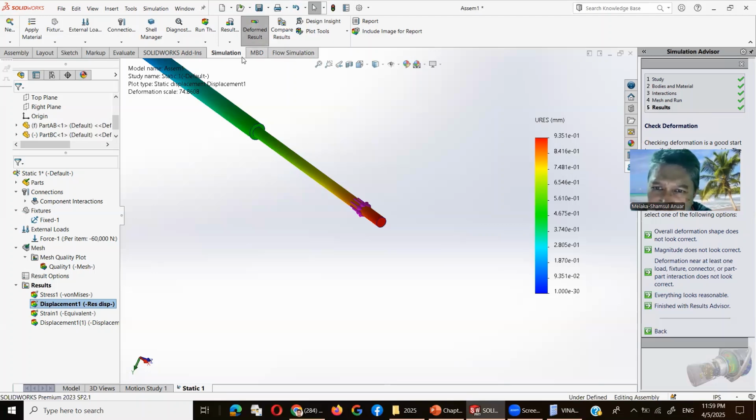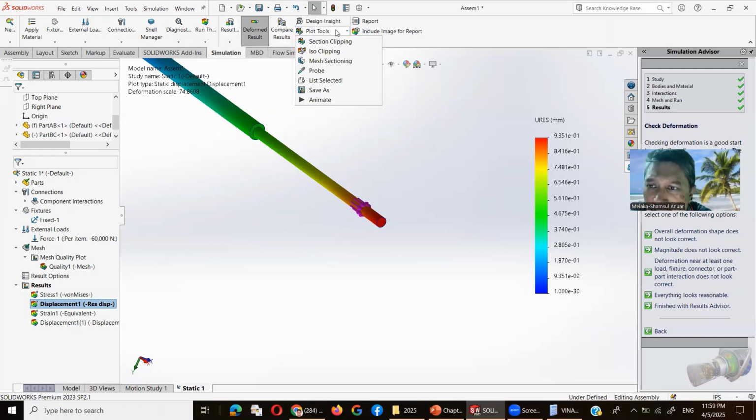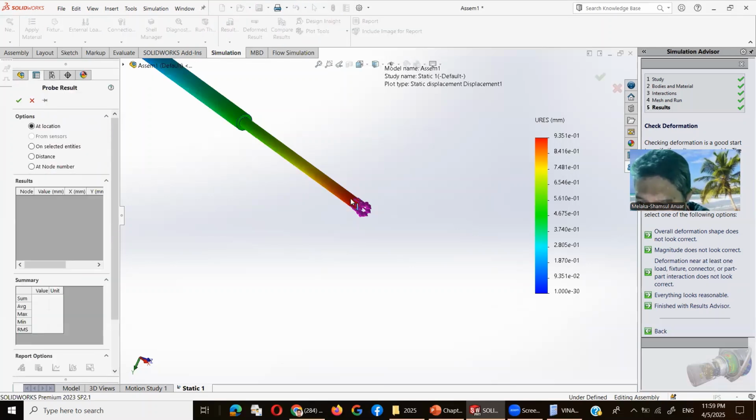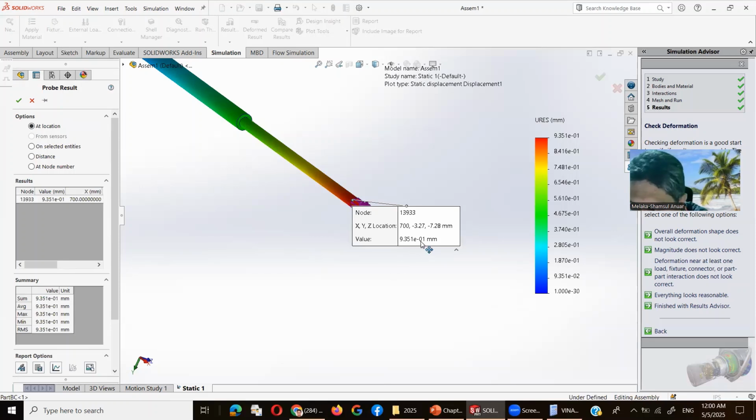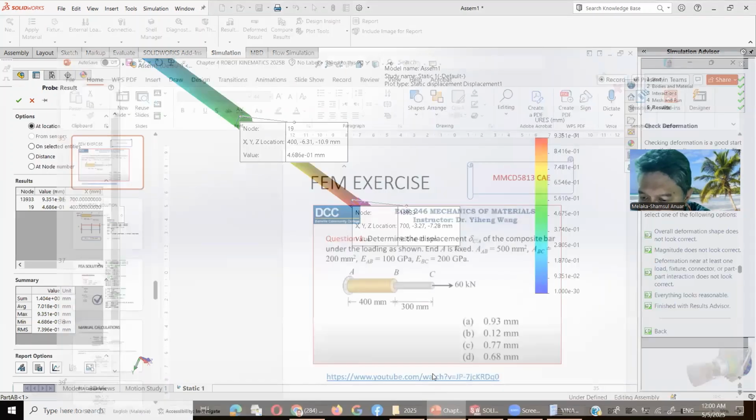Can we see the result there? You plot your result. Probe. I can use probe. Okay. That one is having this much, 0.935 millimeters. So how about over here? That one is 0.468. So if you look at the calculation here,